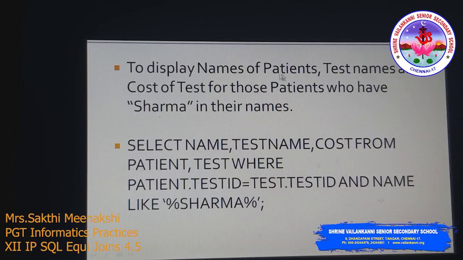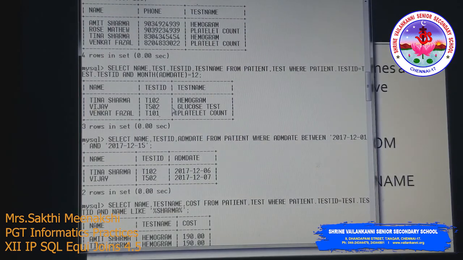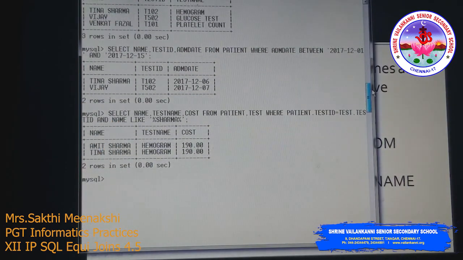To display names of patients, test names and cost of test. So what are the things? Names of patient from patient table, test name and the cost of test from test table. So two tables we have to refer, and then the condition is patients who have Sharma in their names. Okay, from the patient name the condition Sharma. So we have to use select name comma test name comma cost from patient comma test,